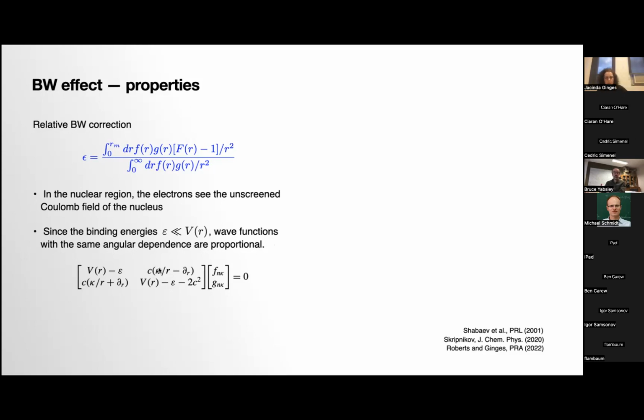I hope I'm not going too quickly for everyone. All I want you to see is that if you neglect epsilon, the binding energies, which is the thing that depends on principal quantum number, if that can be ignored, then there's no dependence on principal quantum number, and every wave function, say a 6s, 7s, 8s, 9s electron, even a 1s electron, is going to be proportional. The wave functions will be proportional because there's no dependence anymore on principal quantum number. So this means the Bohr-Weisskopf correction for 6s, say, is going to be equal to the Bohr-Weisskopf correction for 8s for cesium. It's just something to note.